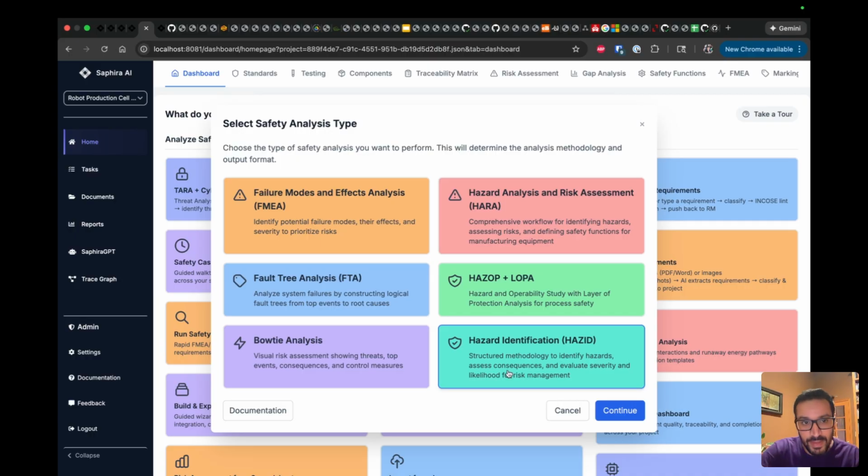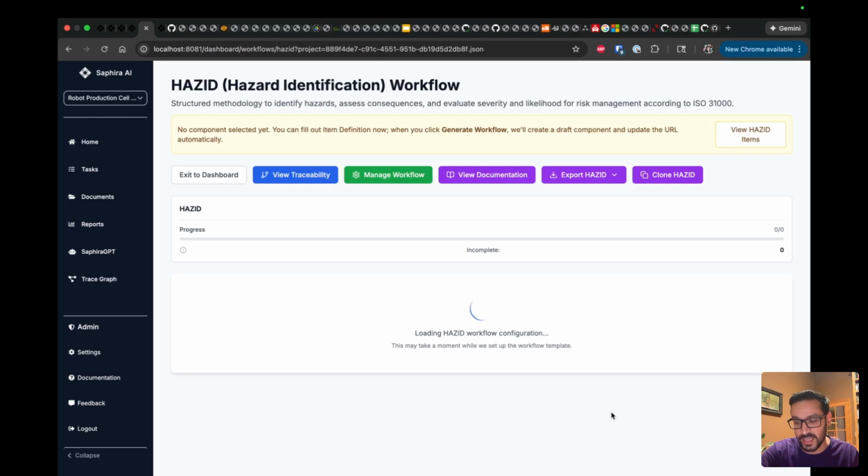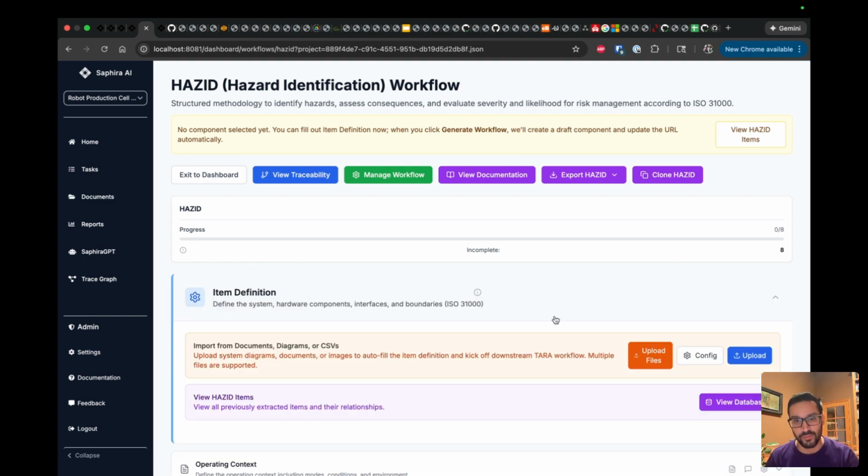So this new mechanism is going to look a lot more comprehensive because this is actually where all analyses and cases are converging within Saphira. So this is a generic workflow builder. If you're using Saphira, you can actually use this to configure any type of workflow you'd like, way beyond HazID. We've already done this for ISO 26262, 21434, in this case, obviously 31000, but you can really use it for anything. Even, we've recently done this for 27001,